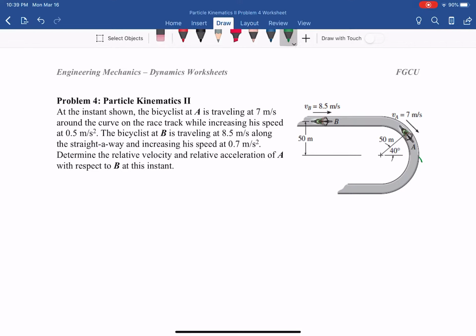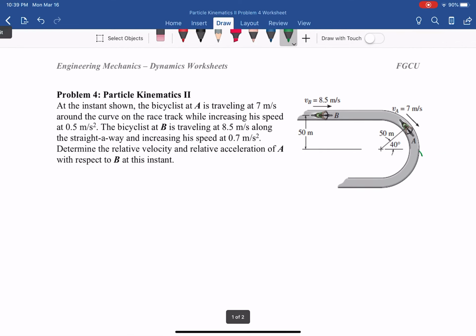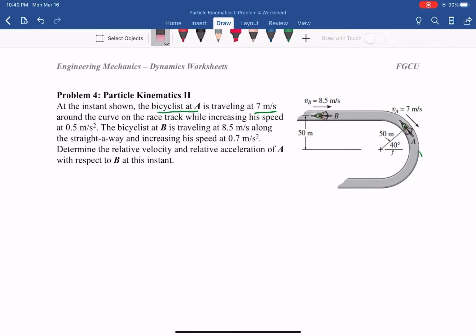So this is problem 4, practical kinematic 2. And the problem is shown on the figure. The bicyclist A is traveling at 7 meters per second on the curve. So what does that mean? A has curvilinear motion and is increasing his speed